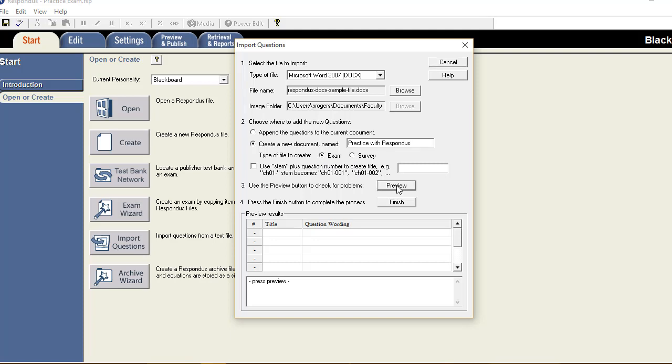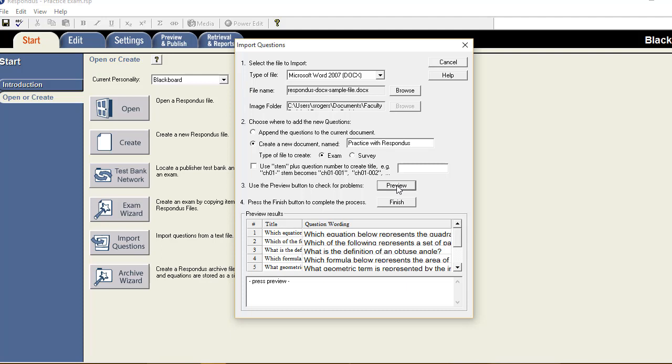Now what it's doing in this preview, it's going to let you know if you have any errors. It'll say like question number 5 is incorrect or not a question because it hasn't been formatted. There's several things like you have to be single spaced and the question mark at the end, items that I mentioned earlier. Alright, so here you would get your warnings. I have no warnings. Now I'm going to select finish.